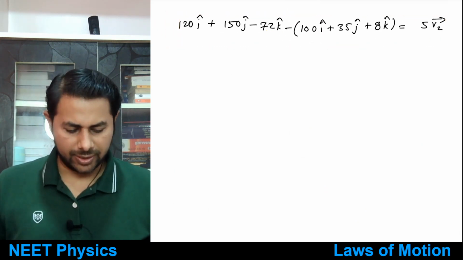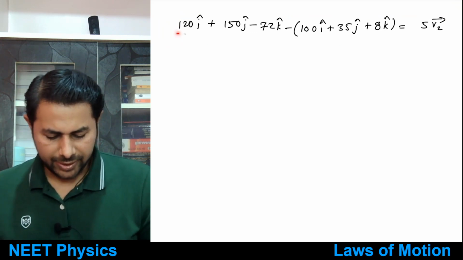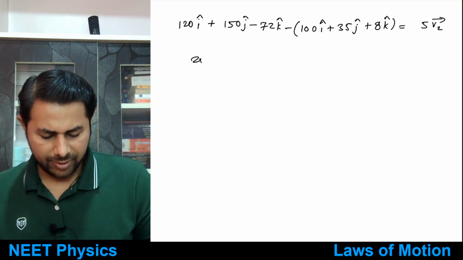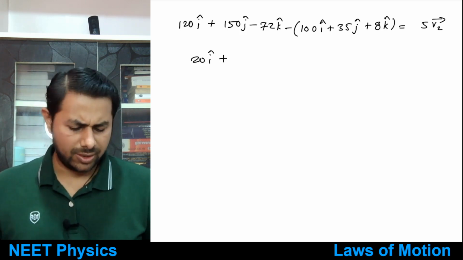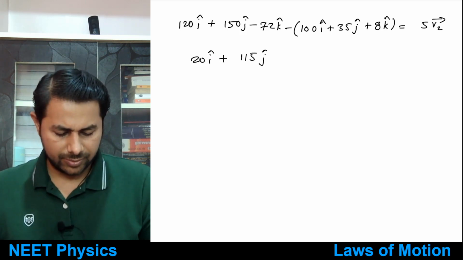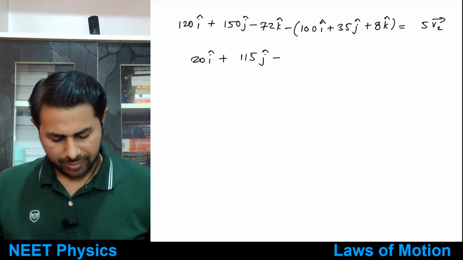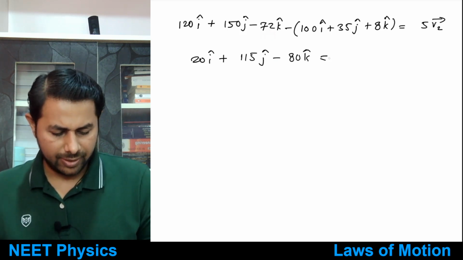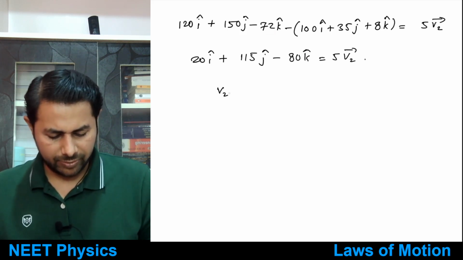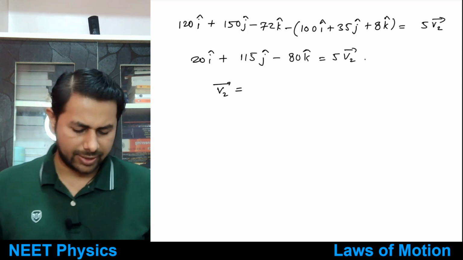Okay, option A. Alright, let's check. So 120 minus 100 is 20i cap plus 150 minus 35 is 115j cap minus 72 minus 8 is minus 80k cap, that's equal to 5v2, and therefore v2 is equal to, just divide that by 5,